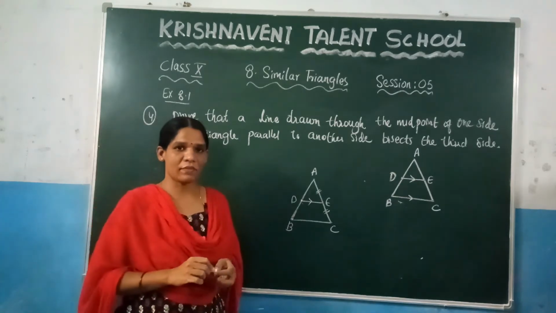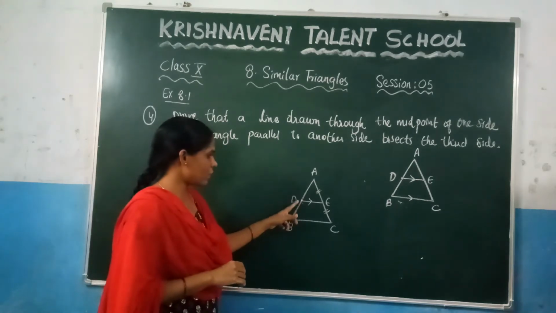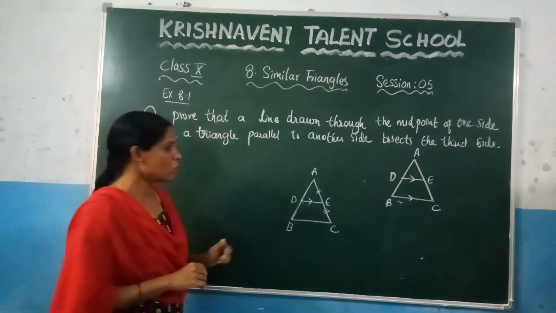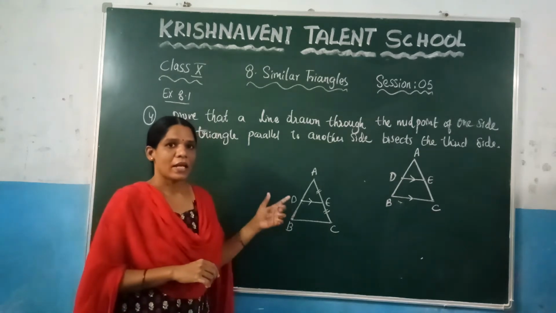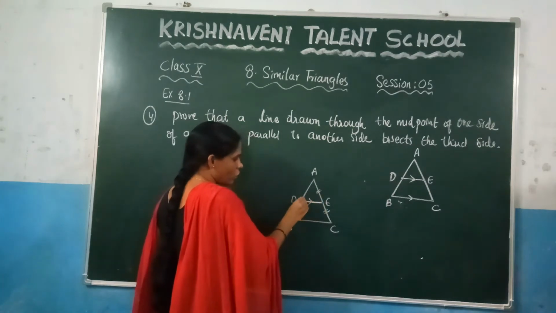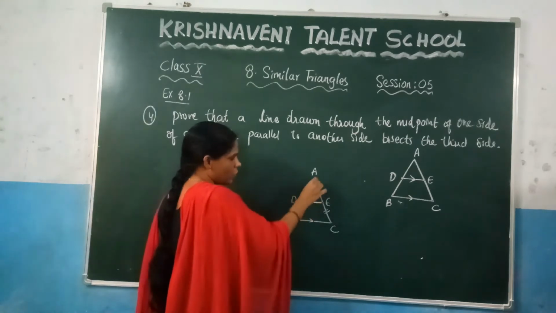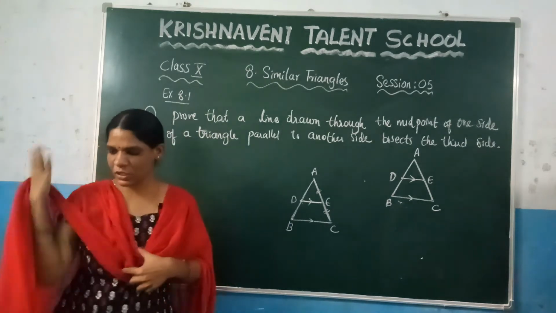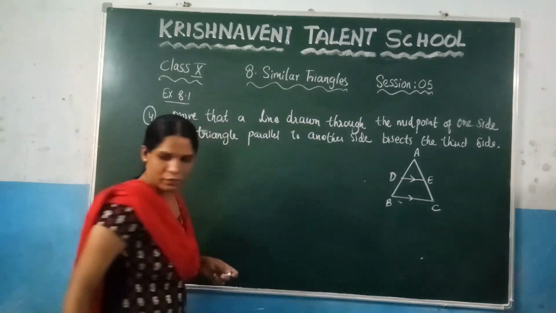So here what they have given in the question, they have given here D is the midpoint of AB, and similarly they have given here DE is parallel to BC. Now based on these two conditions, what we need to prove? We need to prove AE is equal to EC. So a line drawn to the midpoint of one side is parallel to the other side. This is given, and we need to prove that the third side bisects. That means AE is equal to EC. Now prove this theorem. Prove this statement here. So first you write what you have given.